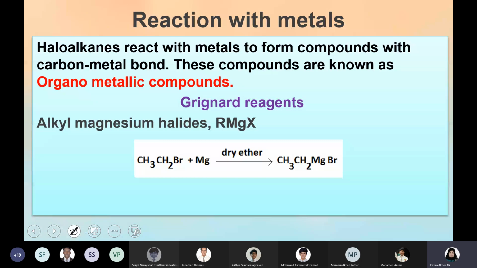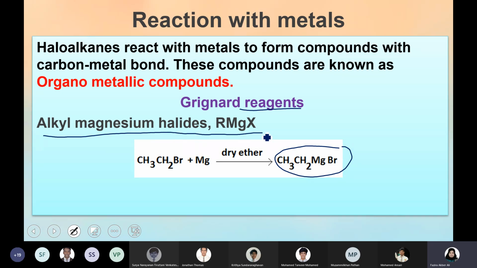This is a very important reaction because here what you get is an important reagent. This is a reagent for many of the reactions that you're going to discuss in the next two chapters. That is why this reaction is highly important. You are able to prepare Grignard reagent, which is alkyl magnesium halide, RMgX. Very, very important to know about the Grignard reagent. There are a lot of applications and uses for Grignard reagent in the next chapters. So is it clear how we can prepare a Grignard reagent from alkyl halide?